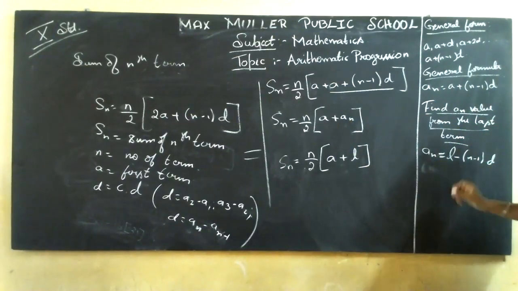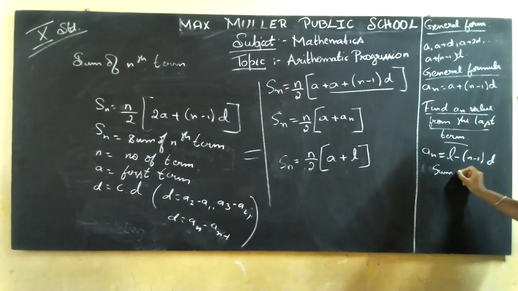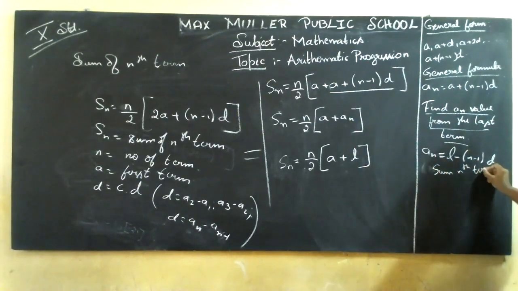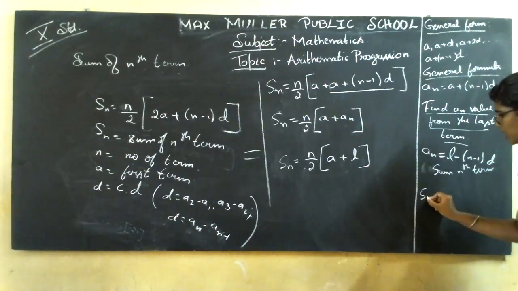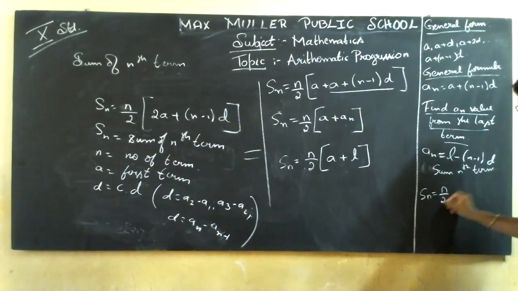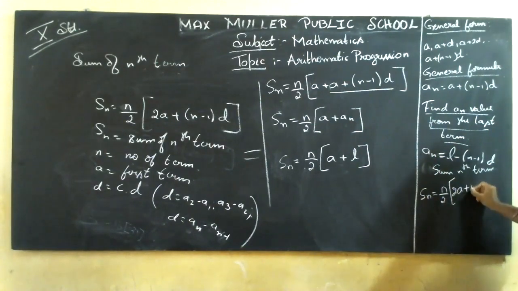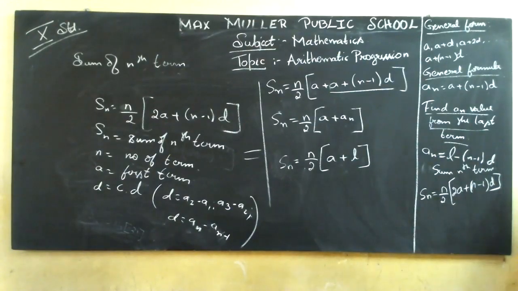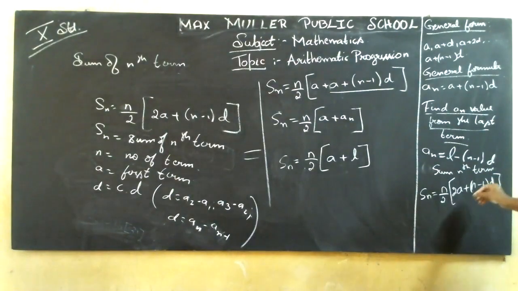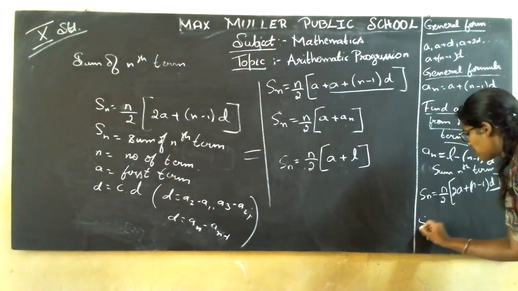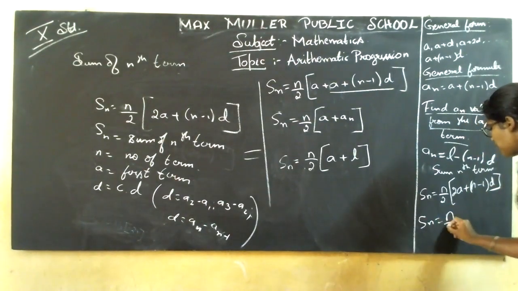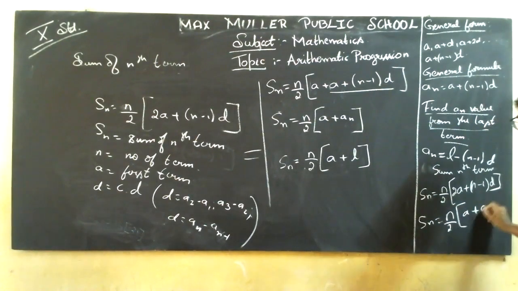Let me write here. Summation formula to find the sum of n terms. What is the formula? Sn is equal to n by 2, 2a plus n minus 1 into d. It will be difficult for you to remember all the formulas, so I'll write them each and every time. You are also going to say them with me so that you remember the formulas very clearly. Then, if not this lengthy formula, what are you going to remember? Sn is equal to n by 2 a plus an.